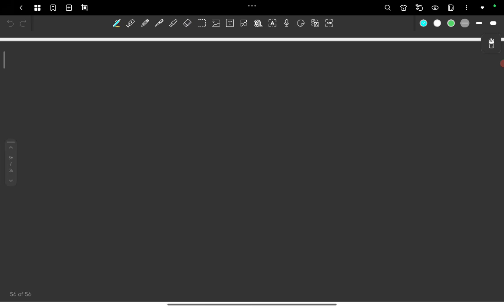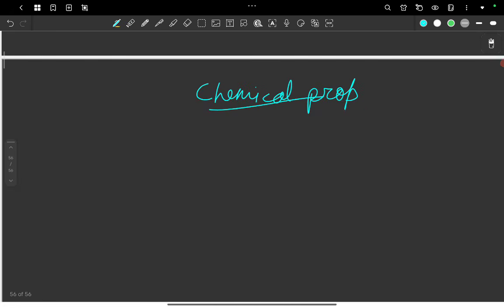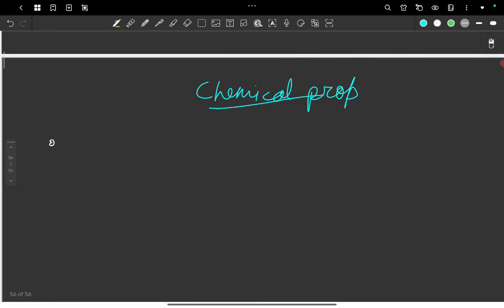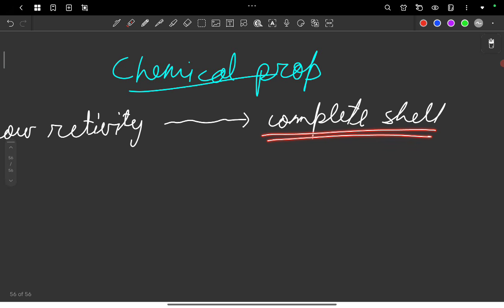Let's now talk about the chemical properties. And very evidently, chemical properties are very small in number. Now I have already explained to you why they have low chemical reactivity, but let's just read the textbook definition of that. They have low reactivity because of complete shell. Because if they have a complete shell, they obviously don't have a tendency to lose that symmetry, that stability. So they do not want to react.